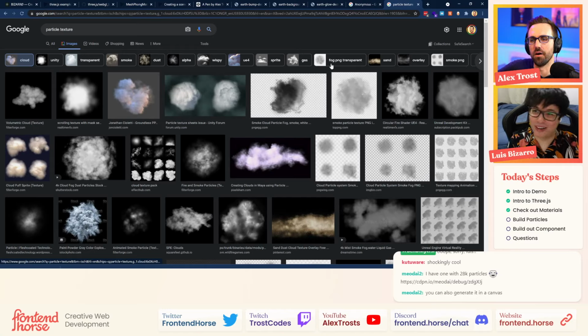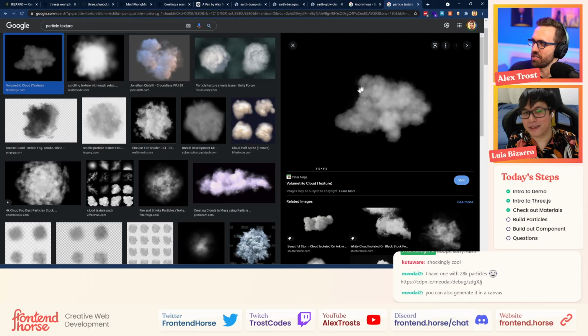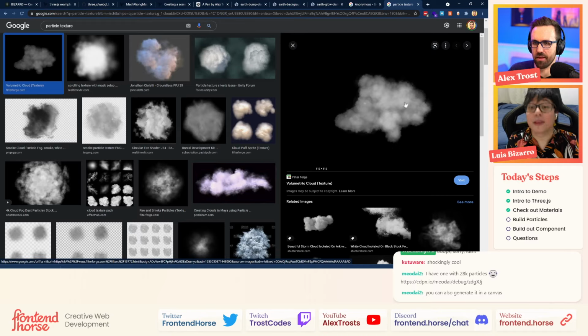But this is more of a complex shader subject. That's wild. Would you use a PNG for clouds to make it more performant on a site? Yeah, you can use a PNG. I would use that for clouds in case you need to create clouds in the WebGL ecosystem. I would pick a PNG like this and play with the opacity of that. You can use alpha.